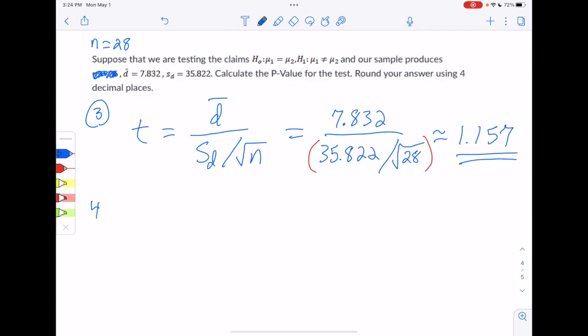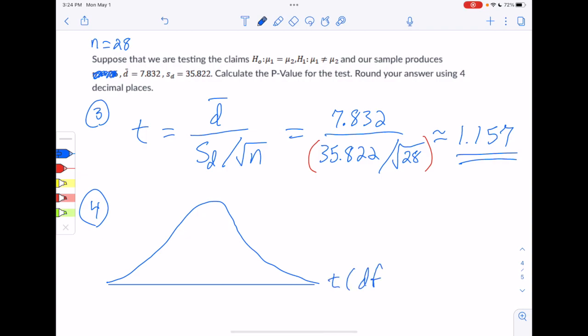Now that we have that, we can move on to what they actually asked us for, which is the p-value. So let's draw a quick sketch. It's a t-curve, so those are bell-shaped. T-curves have a df. df is 1 less than the sample size. If our sample size is 28, the df would be 27. These curves are symmetric with a mean of 0, so we'll put 0 in the center. We put our test stat on,